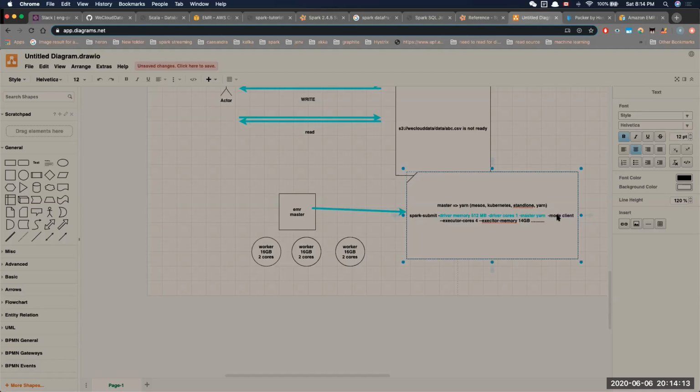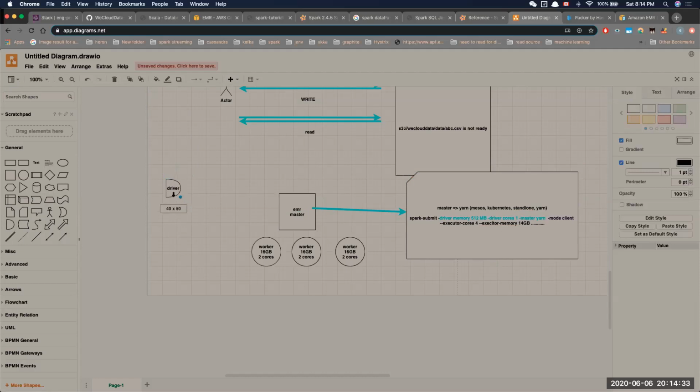And after that, the mode equal to client is basically, think about this as the way of telling your cluster where your driver application is going to be running. So if the mode is equal to client, then the driver is going to run within the EMR master node, right? So this driver is going to occupy